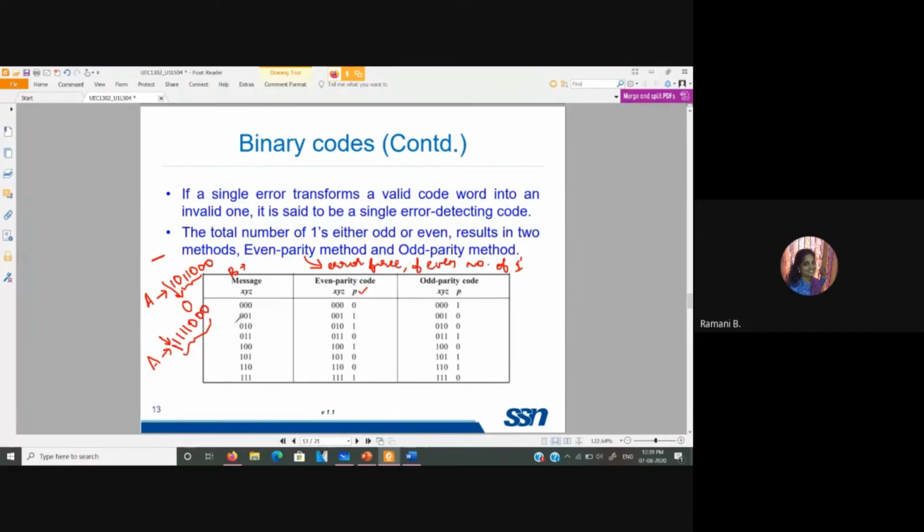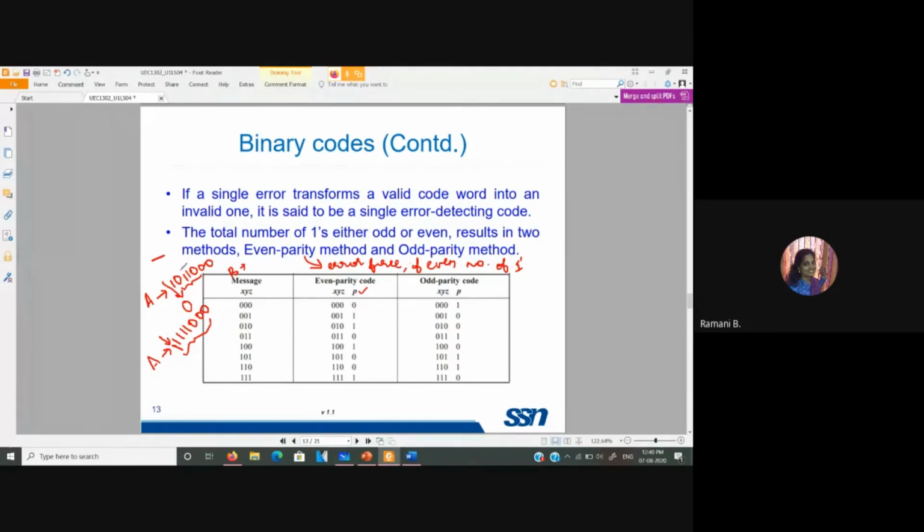You will be studying the parity thing much more in the communication subject. Maybe in 4th sem or 5th sem, you will have a communication paper, and in that you will study about it. Another disadvantage is that when transmitting, I am only checking for an odd or even number of ones.